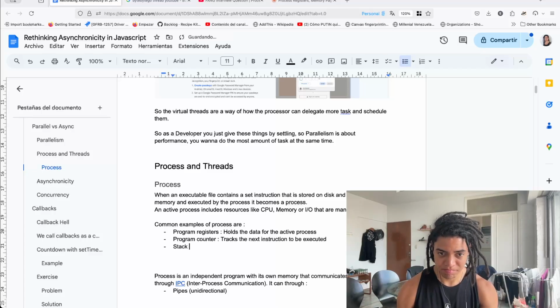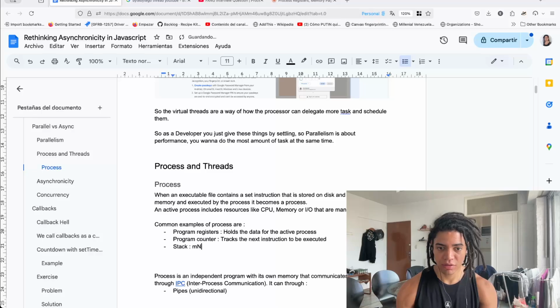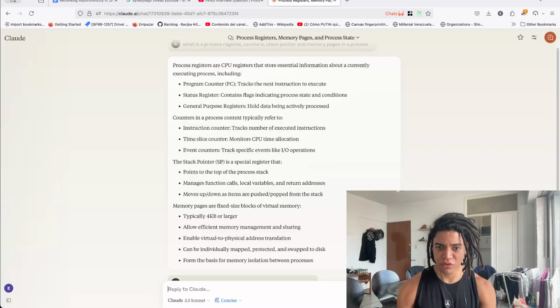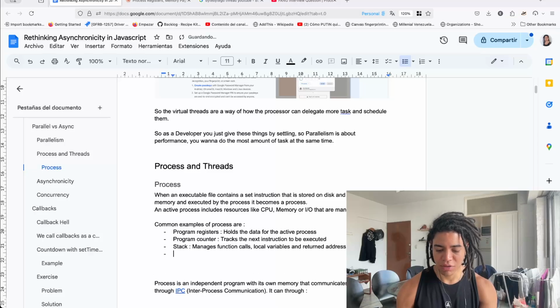The stack, okay, manages function calls, local variables, and return addresses. And now the memory page,